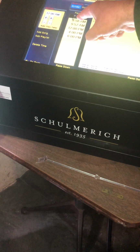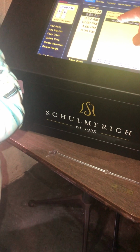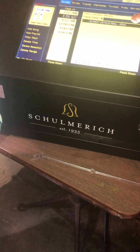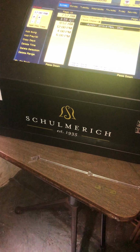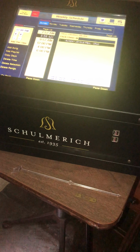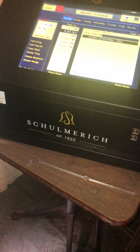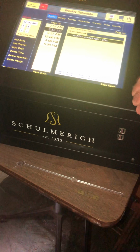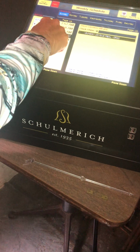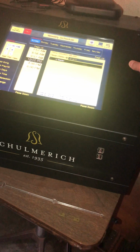But since we're on Sunday, if I were to hit 8:58, we are playing the Sunday Joyous Peal, and it's just a ringing of bells. You probably are not going to change that a whole lot. You might find a peal that you like better, but you don't need to change it seasonally. So we're going to go down to 12 p.m., and we hit that, and it'll tell you that we're playing the Easter